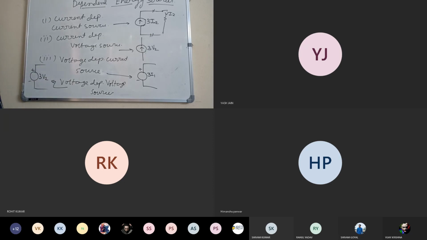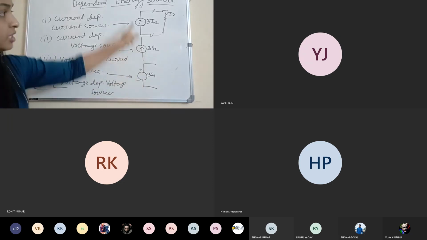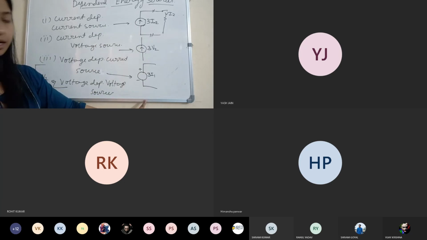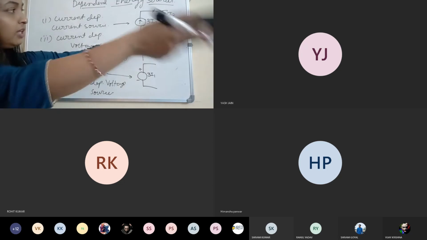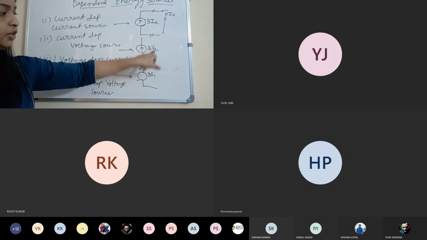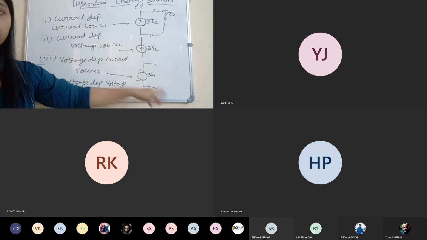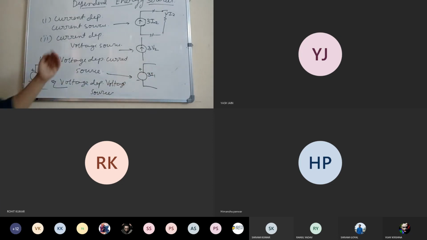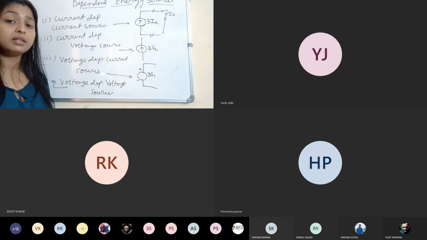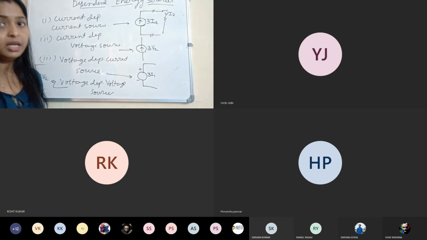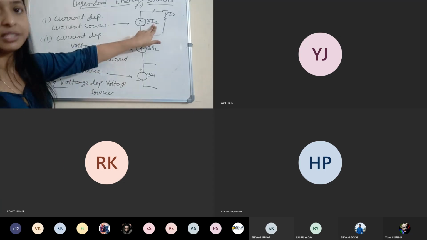But again, I'm giving you the idea, these cannot be written in this way. It must be the part of a circuit. When it comes in the examination, you have to assume one circuit in which I2 should be somewhere else. V2 should be across any element. I1 must be through any branch. V2 must be across some element. So we can say dependent energy sources are those which depend on any other element of the circuit. Other elements may be the resistor, the drop across any resistor, maybe the current flowing through any branch. So the dependency parameter is always written.